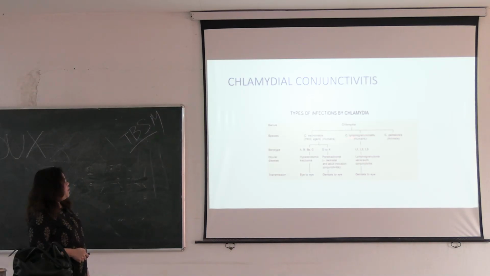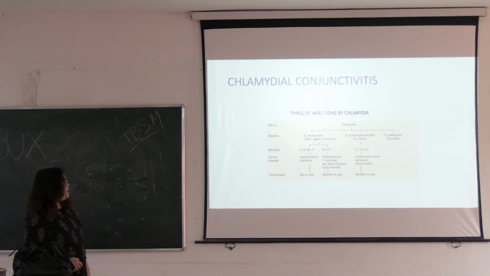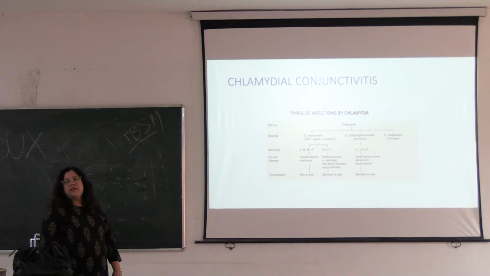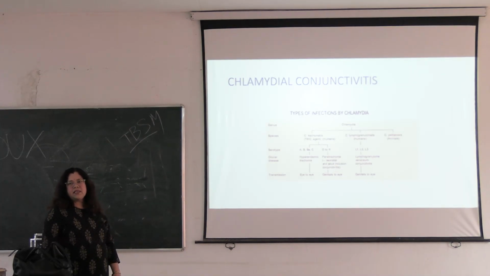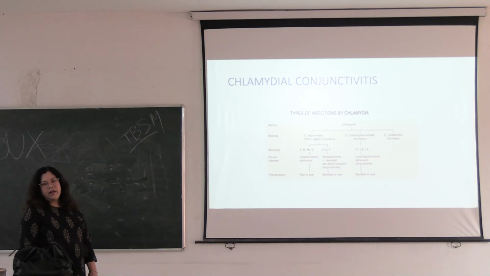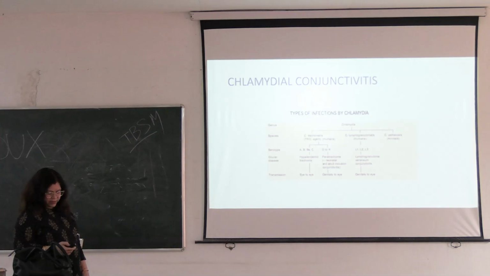And the second one is Chlamydia lymphogranulomatis. It has serotypes only L1, L2 and L3. These affect the eye, and cause lymphogranuloma venereum conjunctivitis, and it also spreads from genital infection, genital to eye, in females suffering from cervicitis and males with urethritis. So, these are all about the classification of chlamydia.